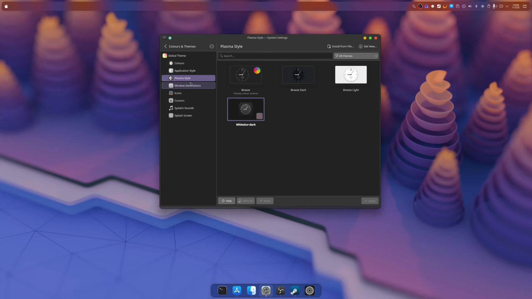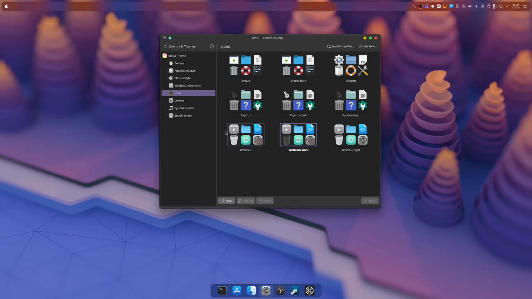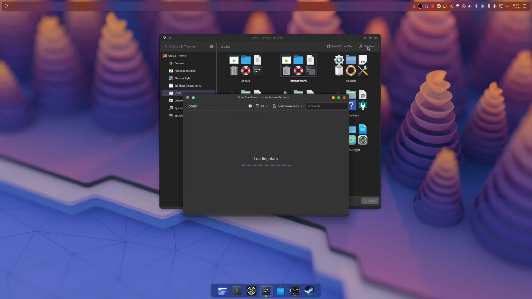So I really do like the macOS layout, but I dislike the macOS icons. I do not like them at all. Now, here's the beauty of it. I can leave all the other settings as they are and come here to icons and switch back to Breeze Dark if I wanted to. And as you can see, it switches back to KDE Plasma's default icons. Or I can just go to Get New,